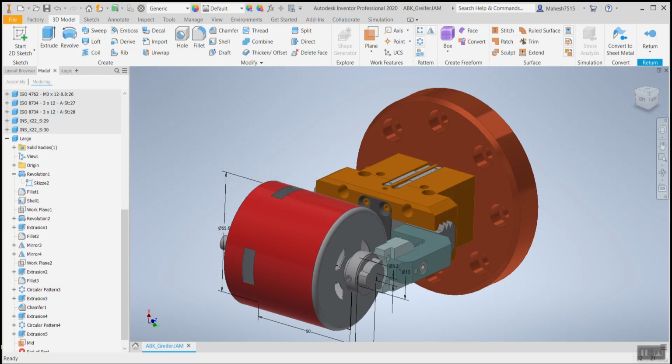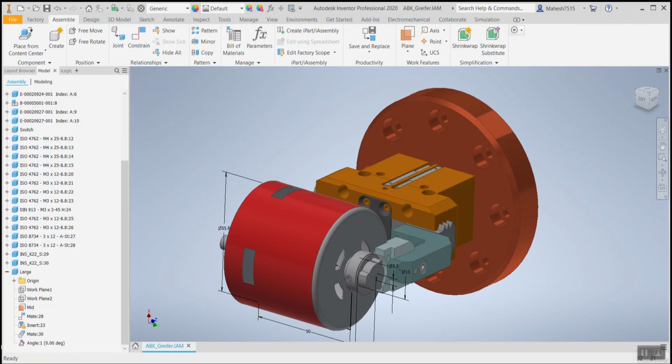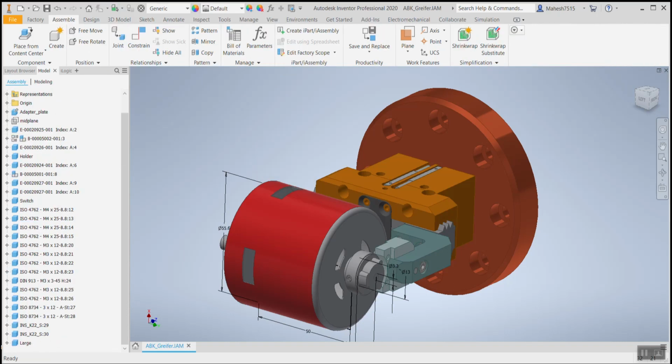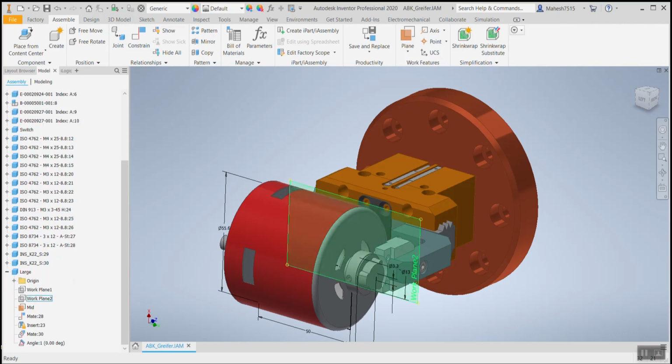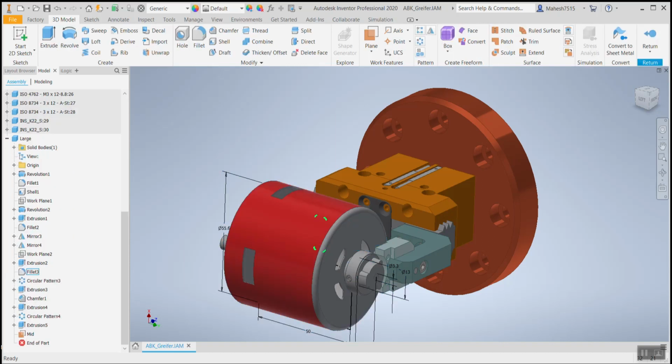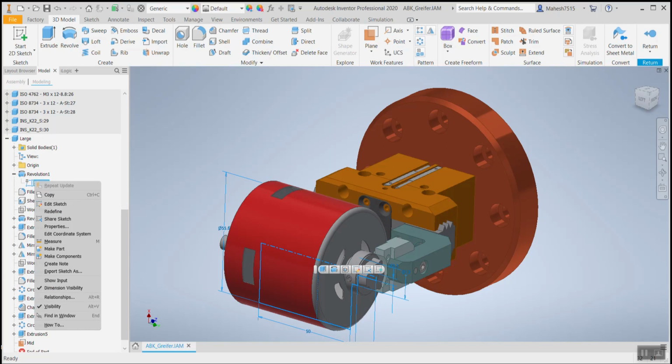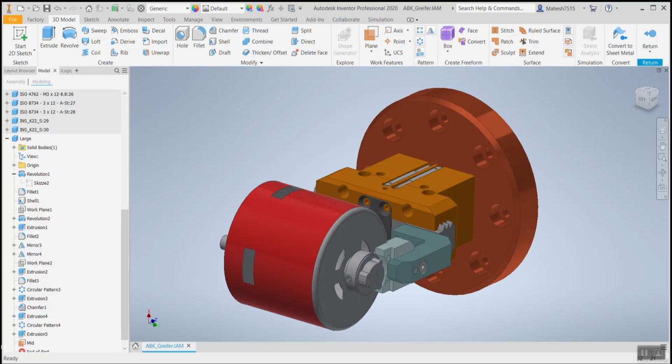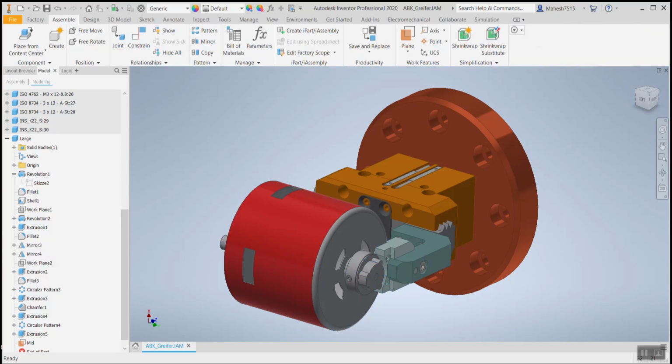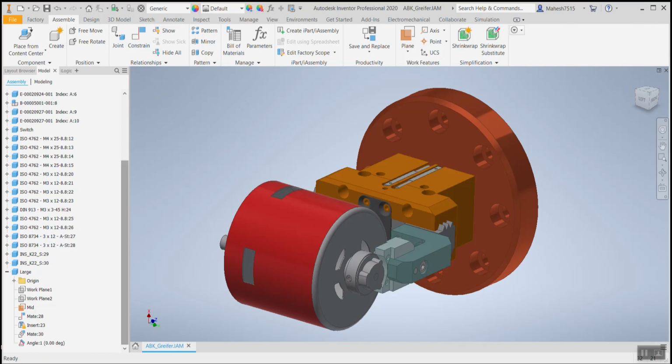Finish edit. But I still see the sketches. So what we should do is quickly go over and set the sketch visibility off. Okay, finished. So now we have replaced the model with a larger motor.